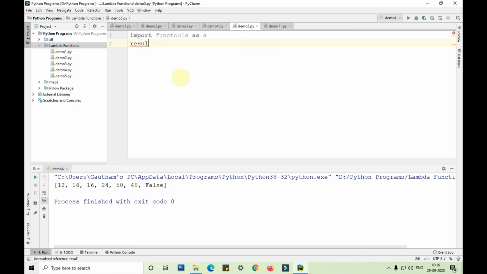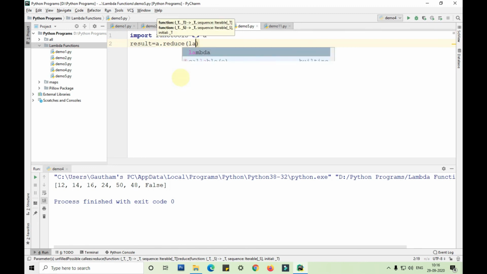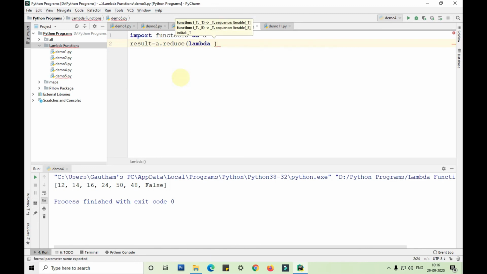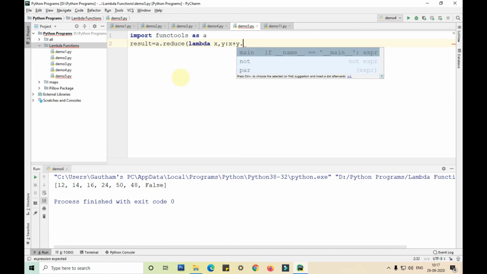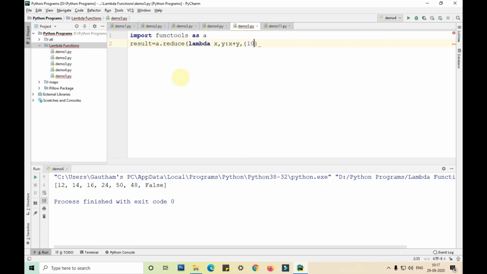Result equals a dot reduce of lambda x comma y colon x plus y, comma, I'll pass a list here. Okay, 10 comma 20 comma 30 comma 40 comma 50 comma 60 comma 70 comma 80 comma.